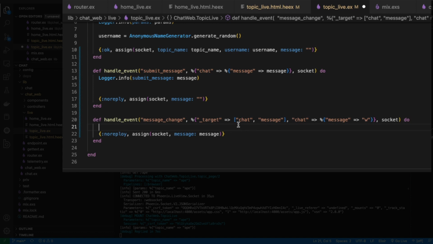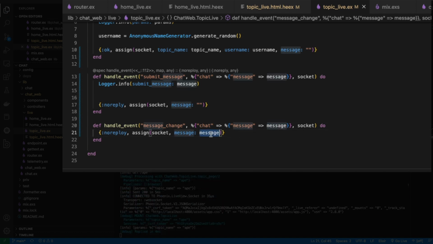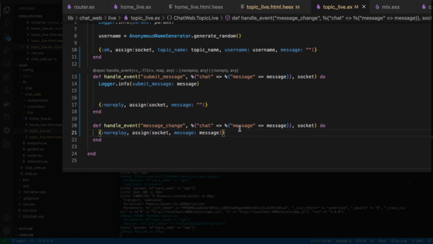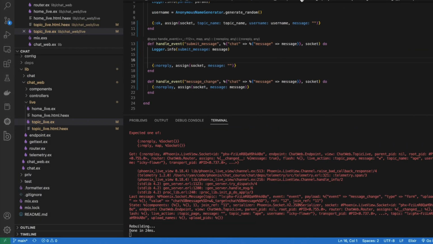So what we do is we capture the message change, and we don't need this target or anything here. We just need to capture from the chat form. We just need to capture the message, and we can pattern match on the message that gets passed. We just want to capture the message that's been updated and repass it into the form. That way, we're basically communicating to Phoenix that this information, this change to the form, has been validated. And as long as that is validated, then when we come in here,